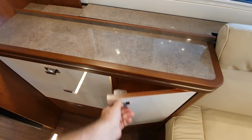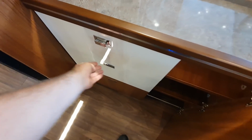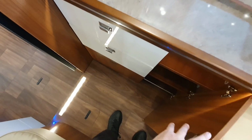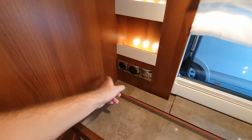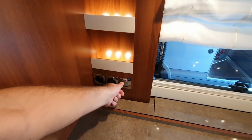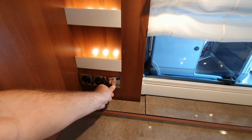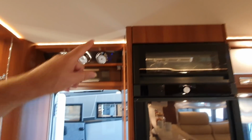I've got a little bit of storage in there, and in here, proper drawers, notice. USB there, there'll be others in here. The television comes up by pressing this, but I don't think there's one at the moment. Let's just see. No, it's not turned on. So anyway, good. Next thing I want to point out, oven,